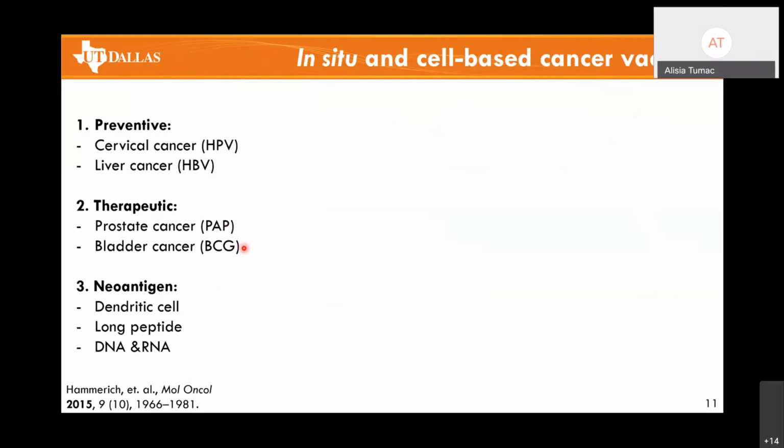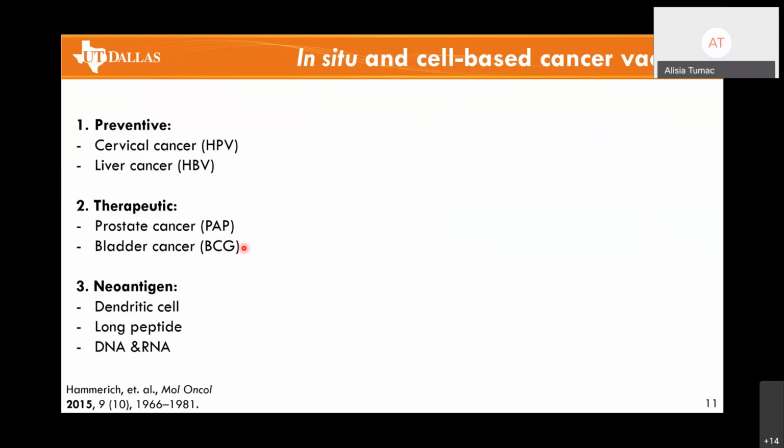And how it works is basically BCG is put into the bladder through a catheter, and it reaches the cancer cell and turns on the immune system. In order for this to work, the BCG actually has to come in contact with the cancer cell. And so the immune system cells are attracted to the bladder, and then hopefully once they get there, they will